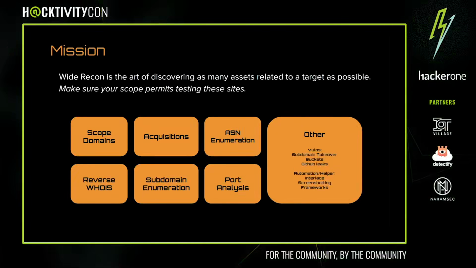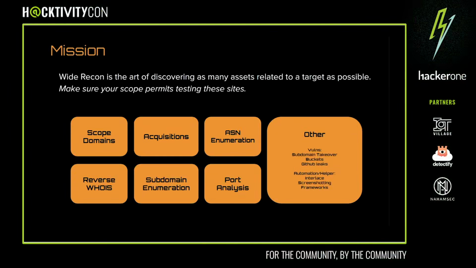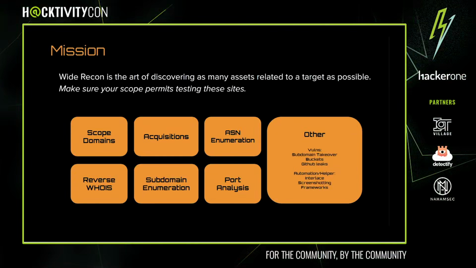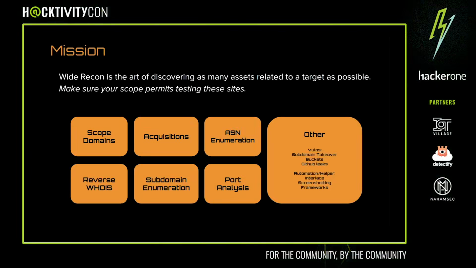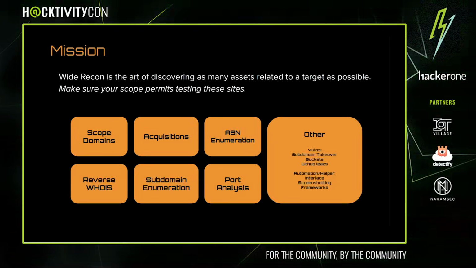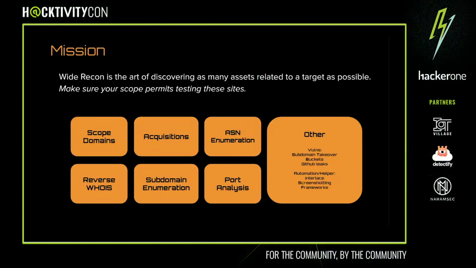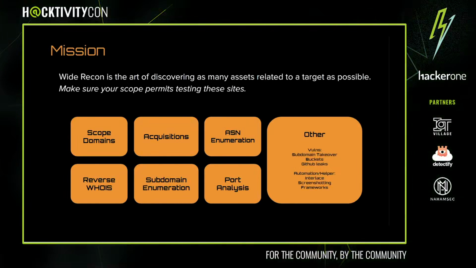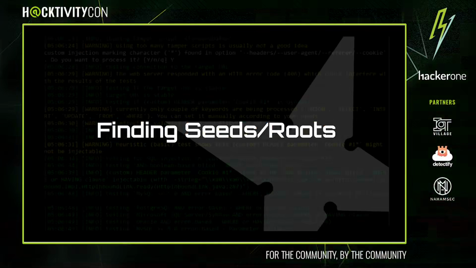We're going to do a little bit of an explanation of finding your in-scope domains right off the bat. What are your seed domains? What are this company's acquisitions? How do you enumerate an ASN? How do you do reverse whois enumeration and subdomain enumeration and port analysis? And then we're going to talk about some other things that fit along with this wide recon idea. But that's kind of what we're going to get into today: the idea of enumerating as many hosts as we can to give us the best chance of possible success in hacking this organization. So the first thing we're going to do is find these seed or root domains